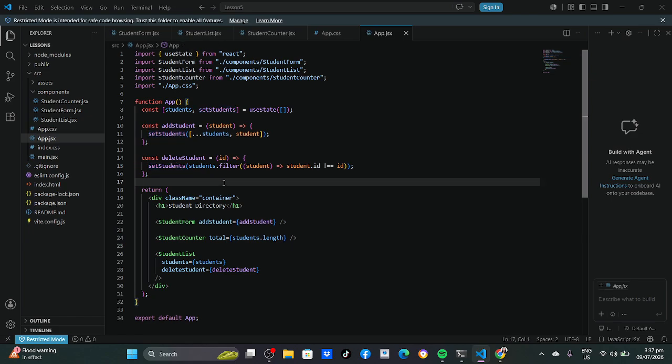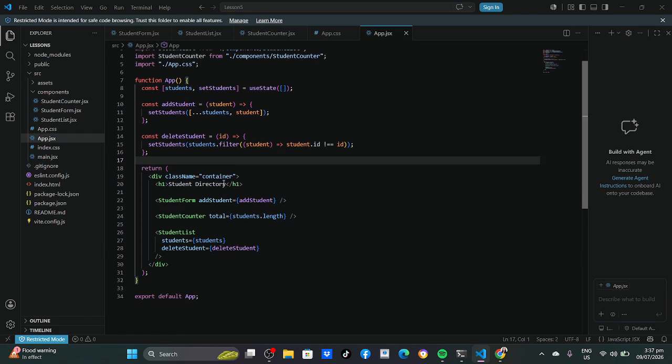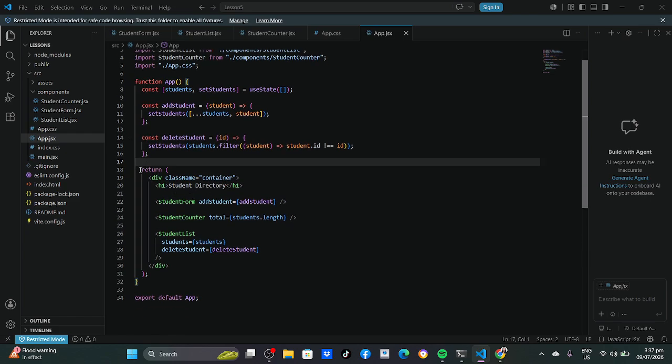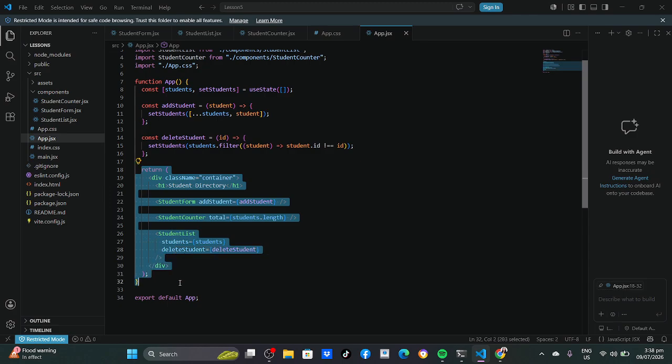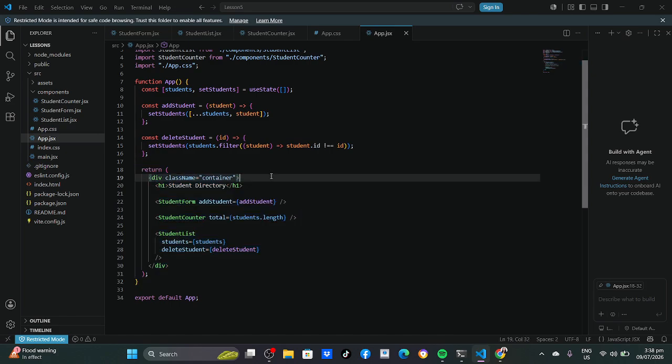Inside the return statement, as you can see in here, I displayed the title and then render the three components, where I pass down the data and functions through props.